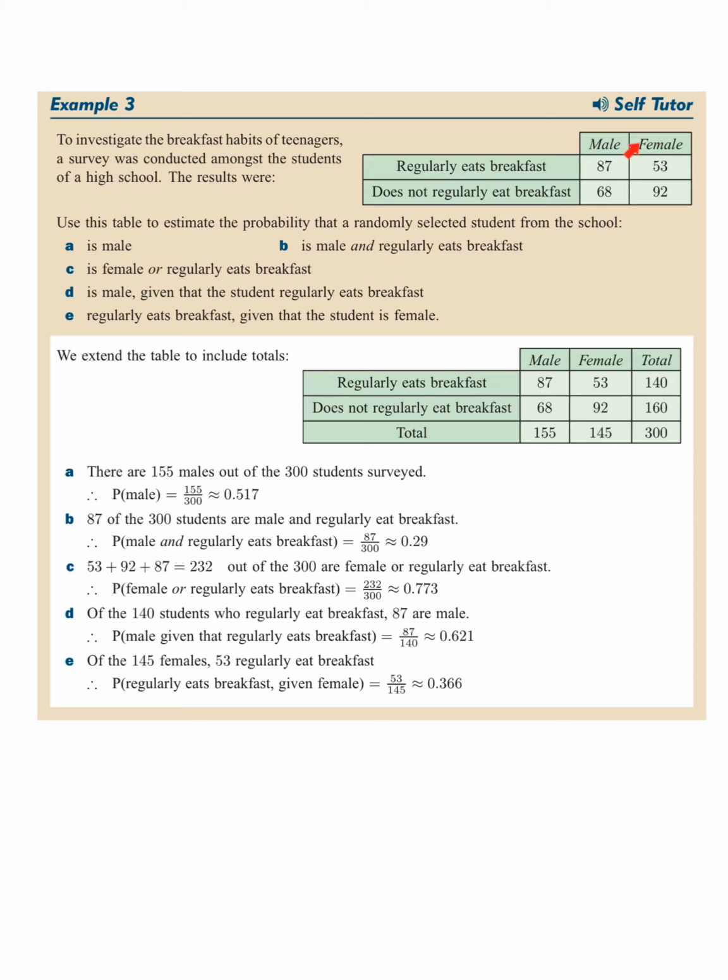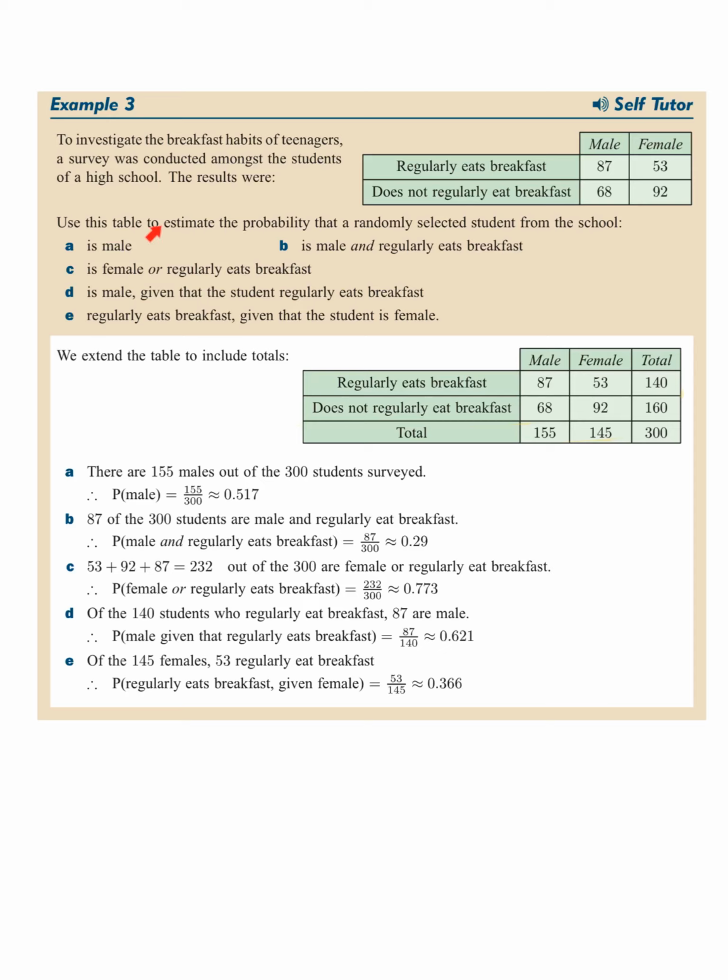We've got male and female on the top there, and down the side is eats breakfast, does not regularly eat breakfast. Now, when you see a two-way table like this, you can interpret male there, regularly eats breakfast is 87, but you need to add this extra part here, the total part. You need to add that area there because these totals are going to help us with relative frequencies. All right,